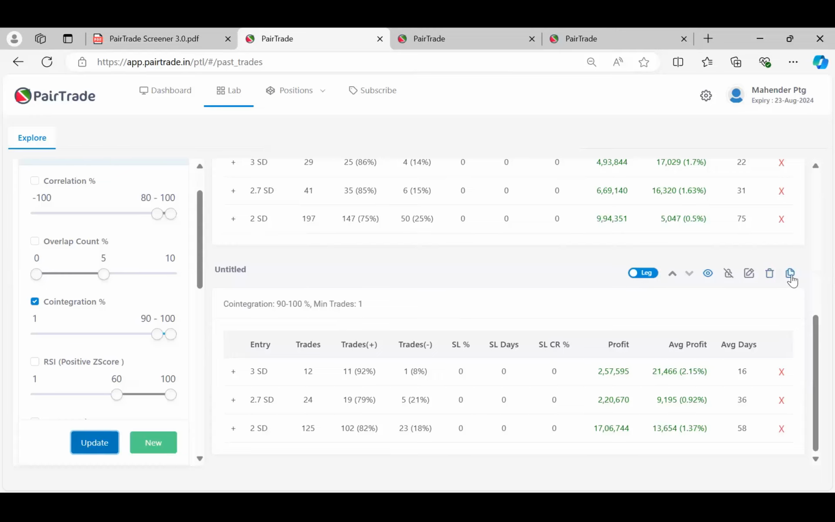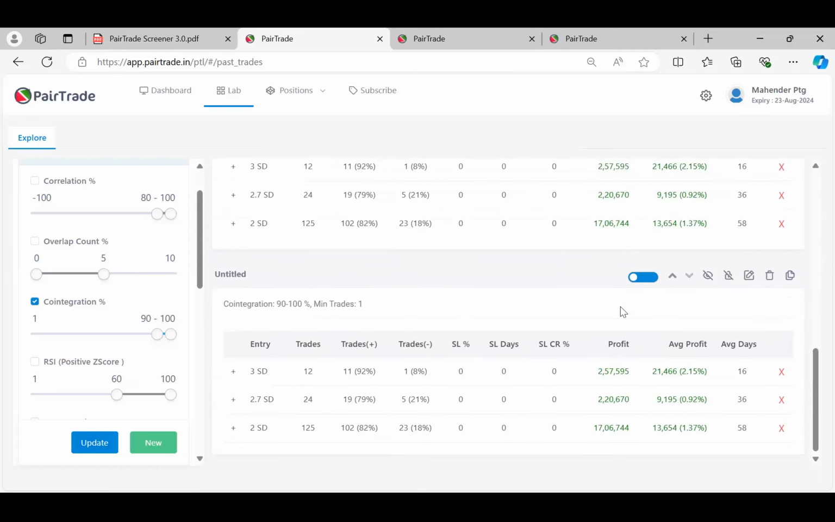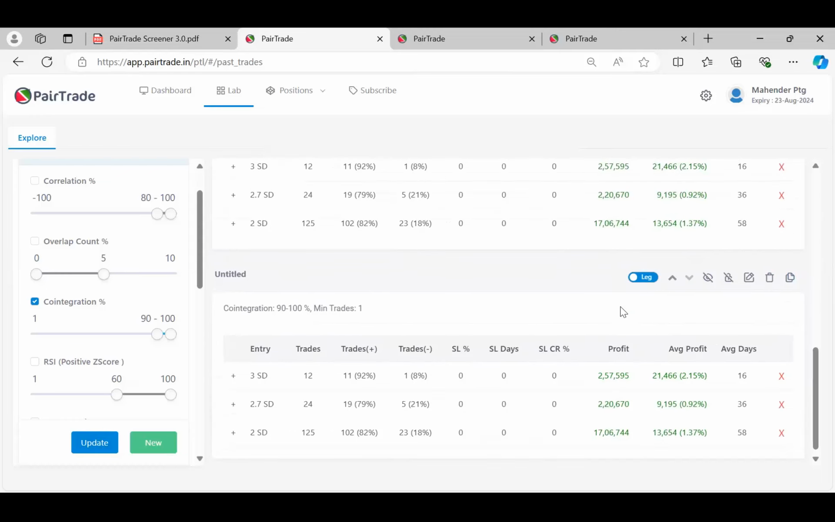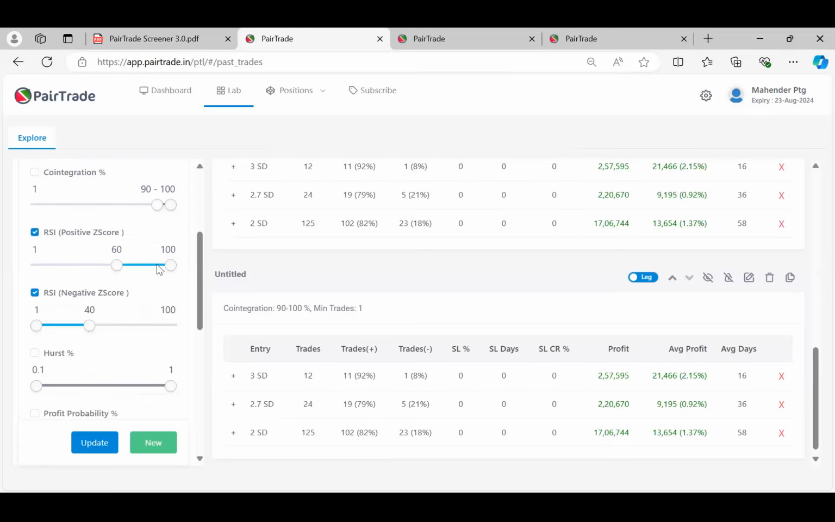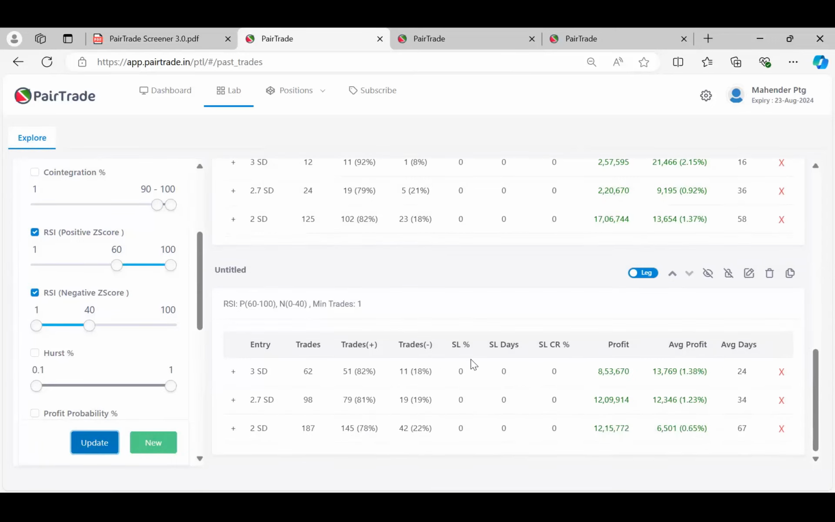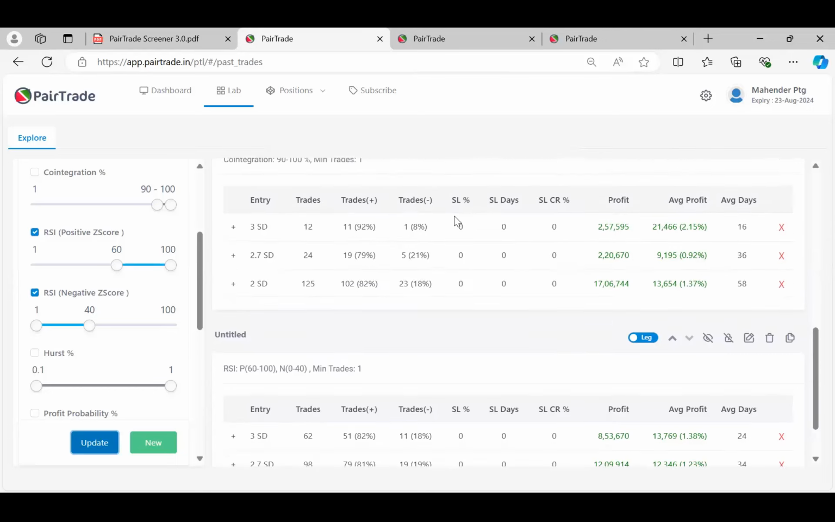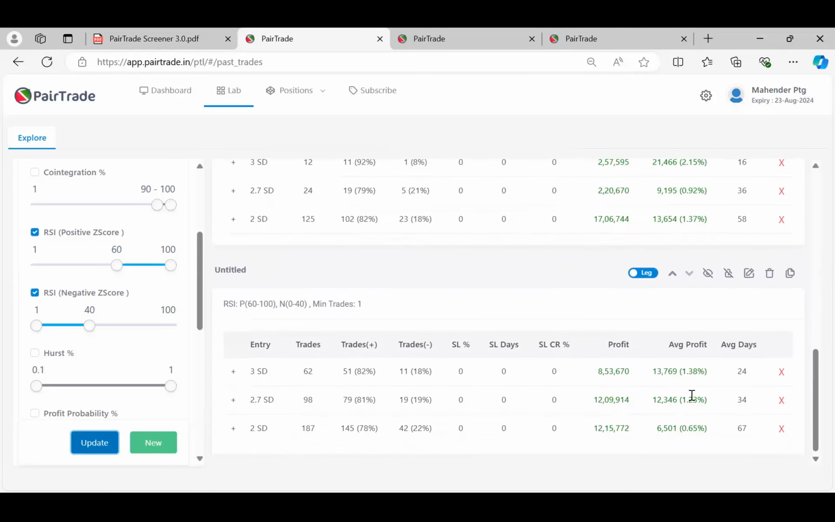Now, I'll duplicate this one again. Instead of this, what I'll do is go with the RSI. I'll say edit, I remove co-integration, I'll select RSI. When you select RSI, positive and negative are automatically selected. I'll say update. Now, comparatively, if you see, returns are much higher. The number of trades is a little higher and overall profit is also higher compared to the co-integration,